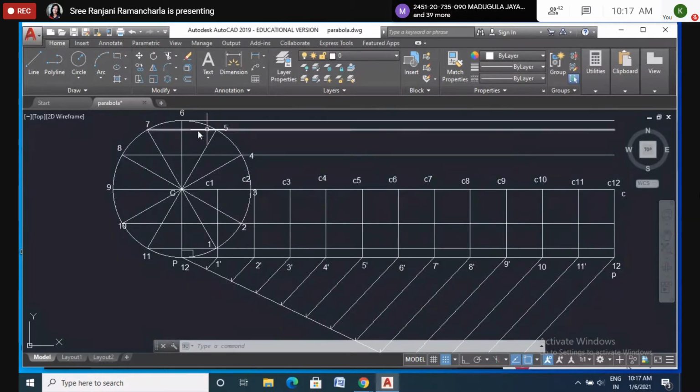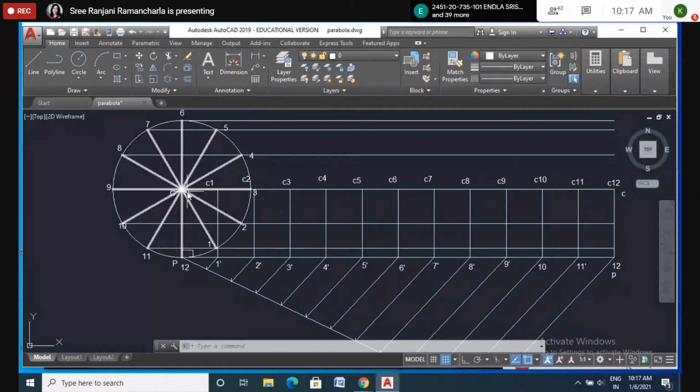Now after drawing this, on the circumference of the circle we made 12 parts, right? And here also we have to make a straight line which is equal to pi d. You can write the distance here, pi d. This straight line you have to make into 12 parts. It means, can you see this curve, this one, P to 1? The length of this curve is equal to the length of P1, P1 dash, right?